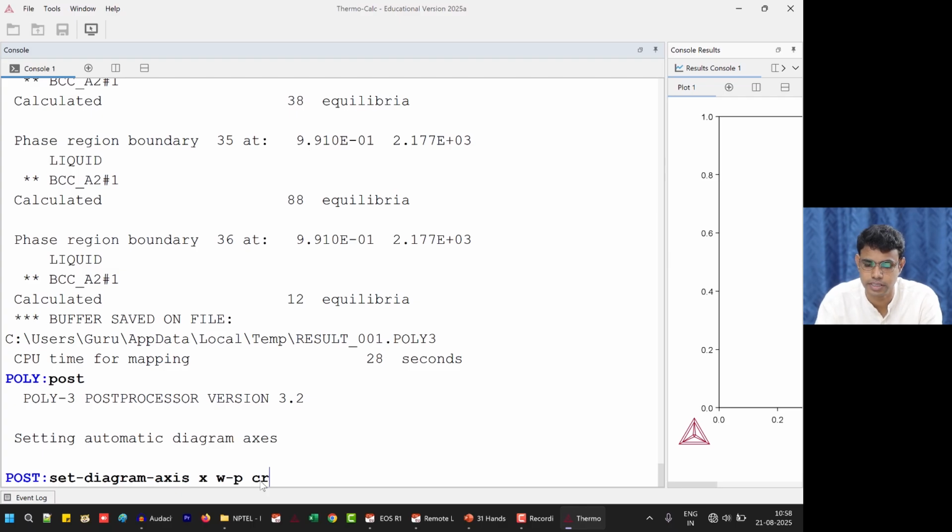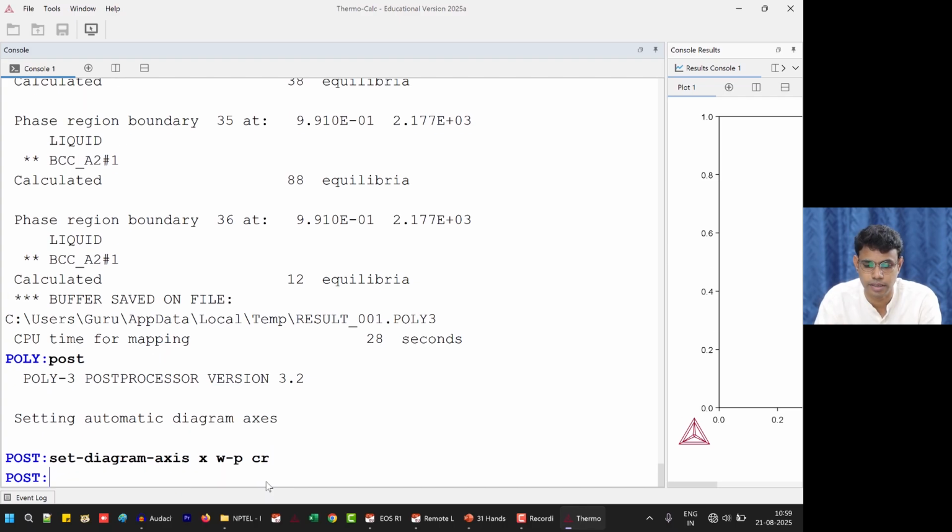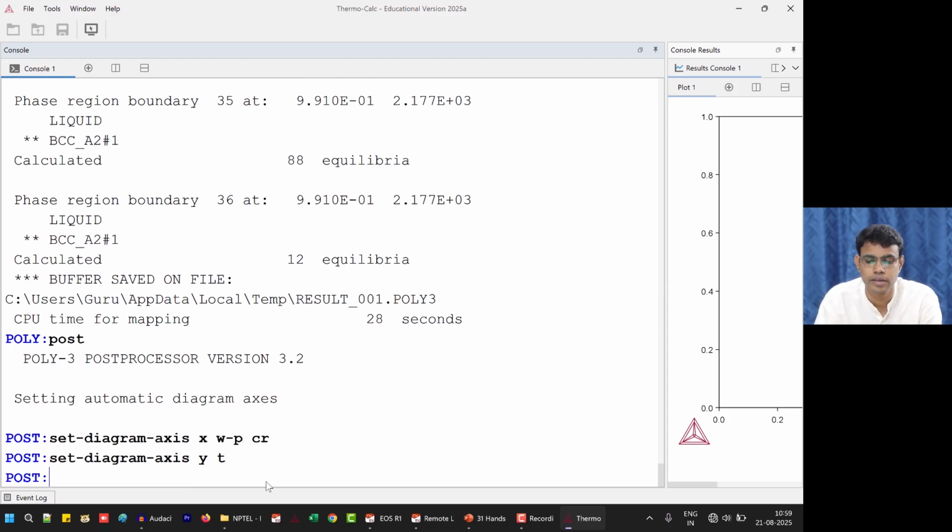Give a space and cr, not w in bracket cr. This is weight percent, so w-p space cr, enter. Then again set diagram axis y is going to be temperature. Let's leave it in Kelvin. Enter. So now diagram axes are set.